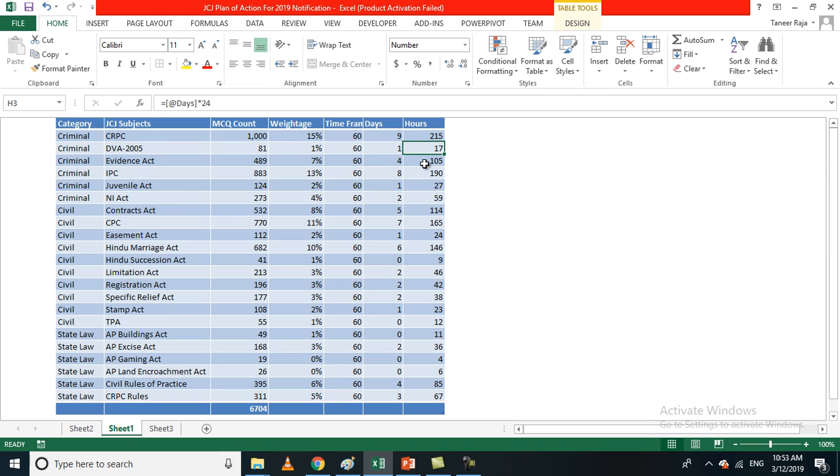That's not possible at all. If you want to finish that in 8 hours in 2, 3, 4 sessions, that's fine. And then you can adjust these timings to spend on other subjects. The 17 hours is the upper limit. Beyond the 17 hours, you're not supposed to do anything on the DVA. You should move on to cover at least the next thing. But you need to complete at least one subject fully irrespective of the 17 hours, is what my plan is.